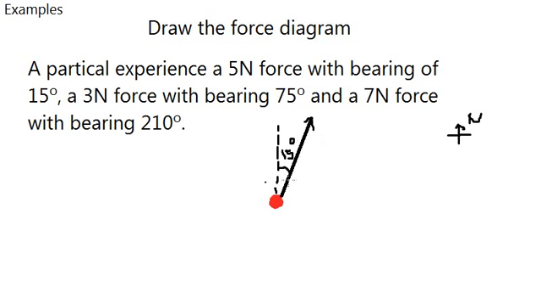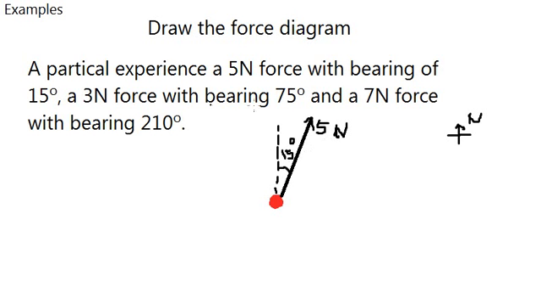Of 15 degrees. This is the correct direction, but we need the magnitude, which is the size of the arrow. So it's 5 newtons, so just label 5 newtons. Okay, 5 newtons. So this is one arrow. You can try to do another arrow by yourself, and